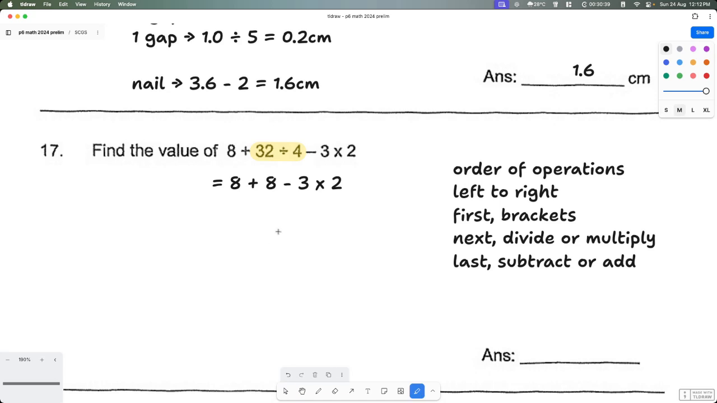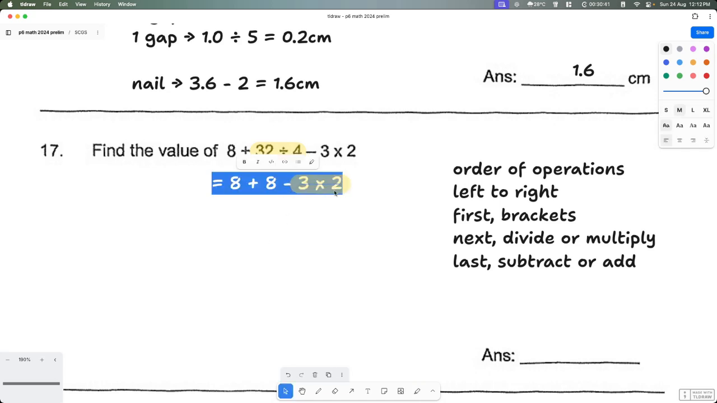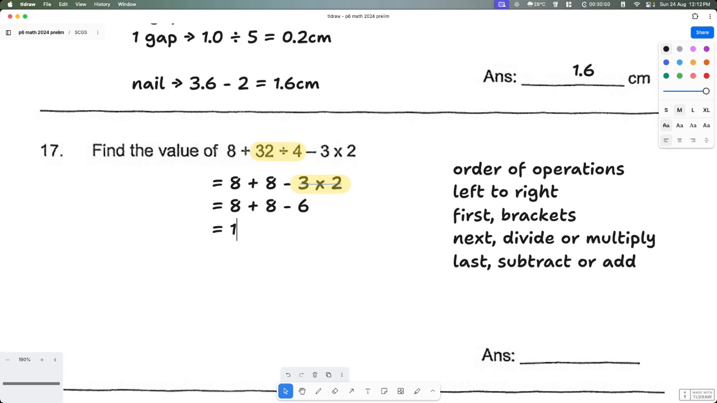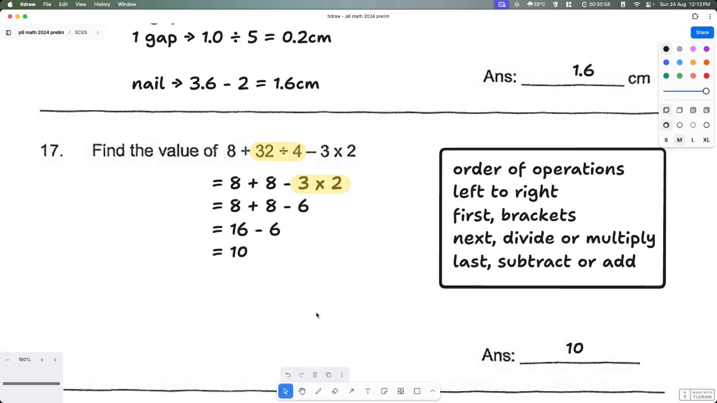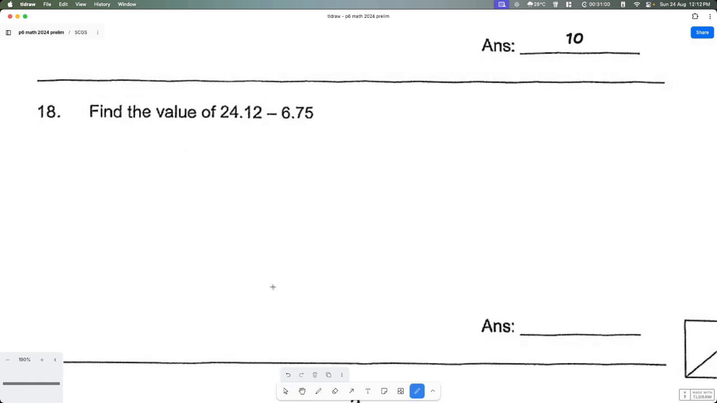So the next one is 3 times 2. So this will then become 8 plus 8 minus 6. Okay, so 8 plus 8 is 16 minus 6. This will give us 10. There you go. So the answer is 10. Okay, pretty straightforward. Let's move on to the next question. Question 18. Find the value of